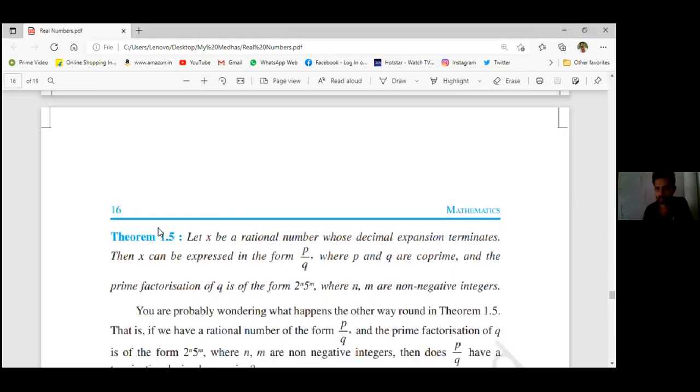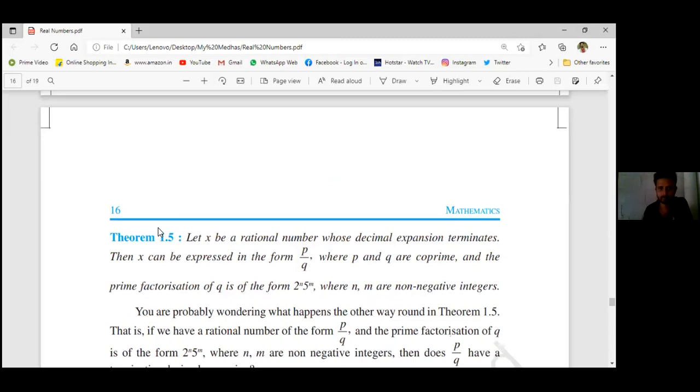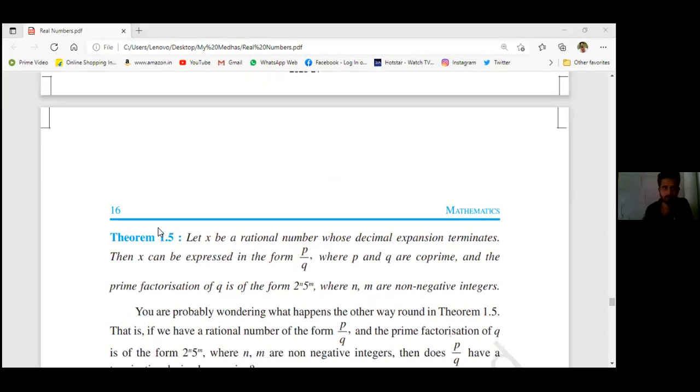Yes. Okay. So this theorem 1.5 states that let x be a rational number whose decimal expansion is